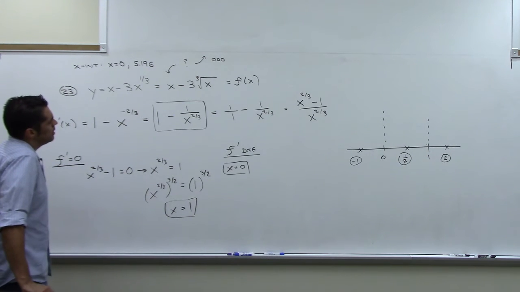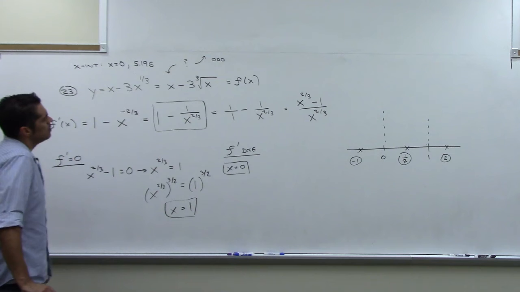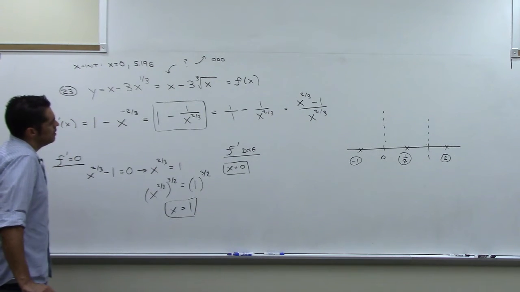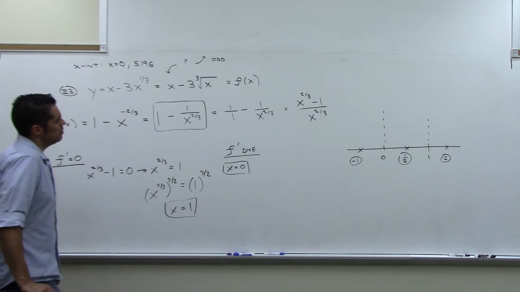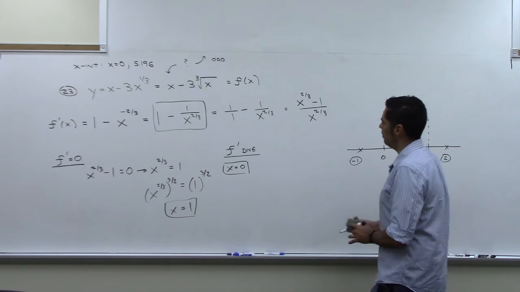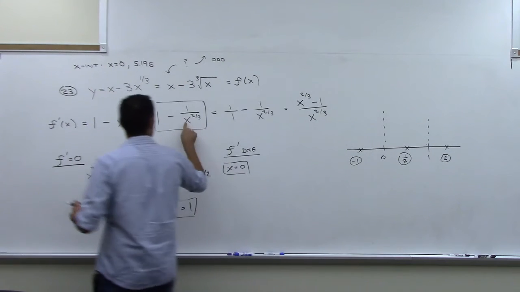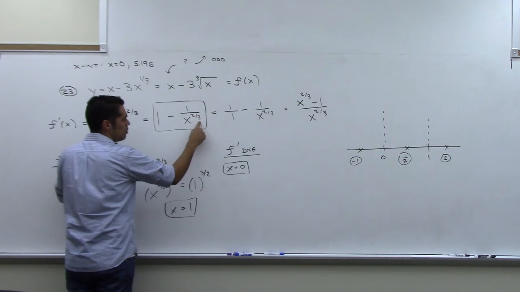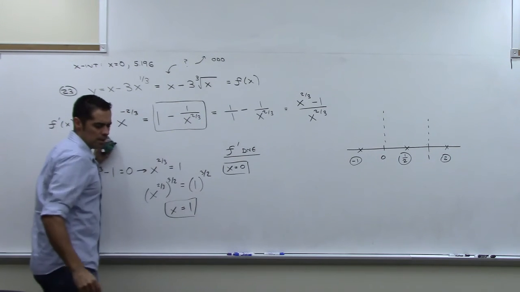I'm getting 0, interesting. Plugging negative 1 into the derivative, I'm getting 0. Let me go backwards. Let me do the 2 first. I'm running into a little bit of an issue here. If I do 2 squared, that's going to be 4, and then the cube root of 4. So if I do that on my calculator,